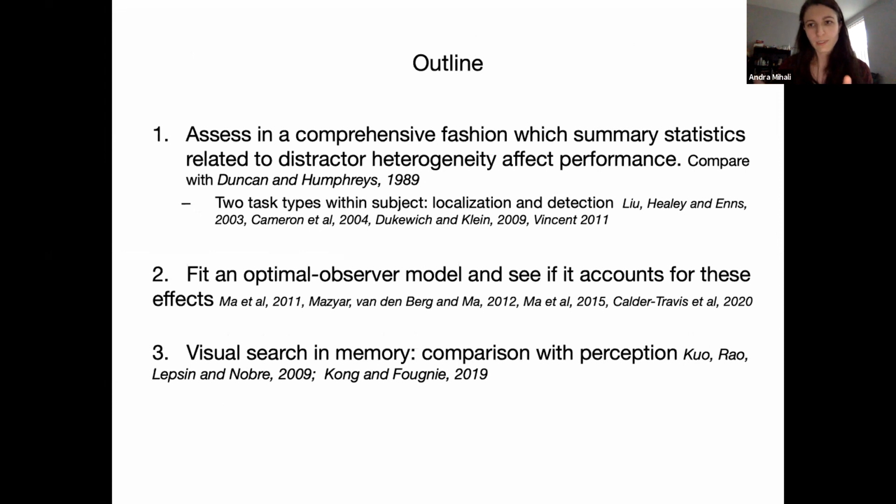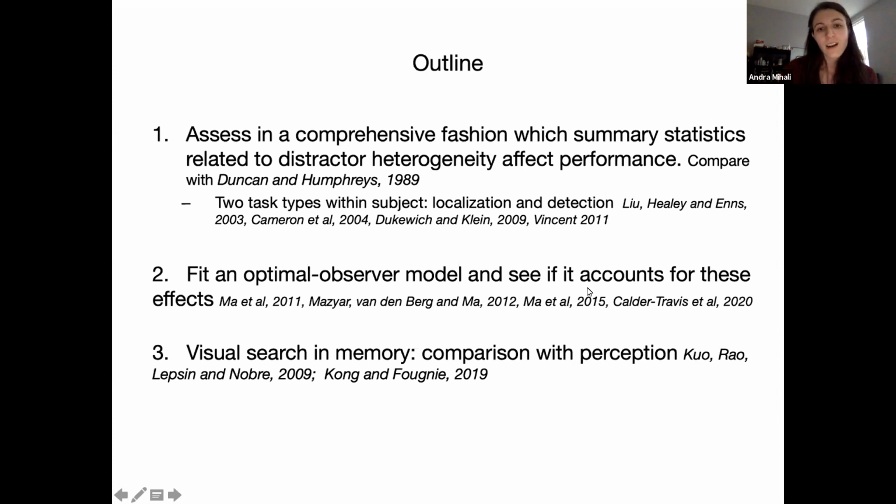So, the outline of my part of the talk: we want to first assess in a comprehensive fashion which summary statistics related to distractor heterogeneity affect performance, and compare with Duncan and Humphreys. So we're going to use two task types within the same subject, localization and detection. Some previous work has looked at the comparison of visual search with localization and visual search with detection. And our particular localization task, alternative forced choice localization, has been used, to my knowledge, in only one other study. We want to fit an optimal observer model